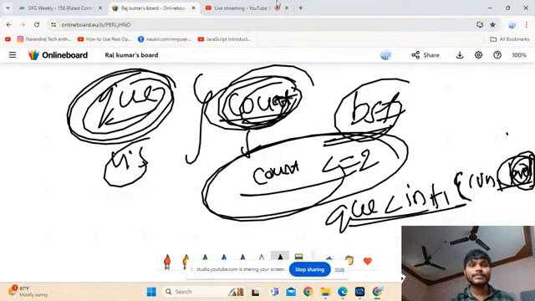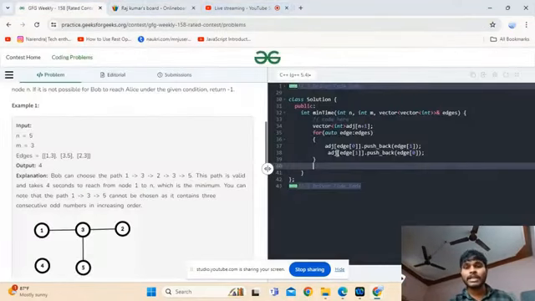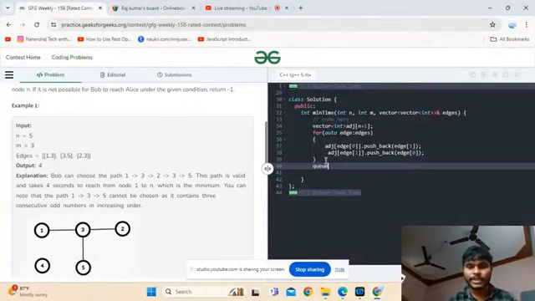So guys, here you will understand, I am declaring one Q data structure. Q of pair, the first is the integer node, and the second pair is int comma int.